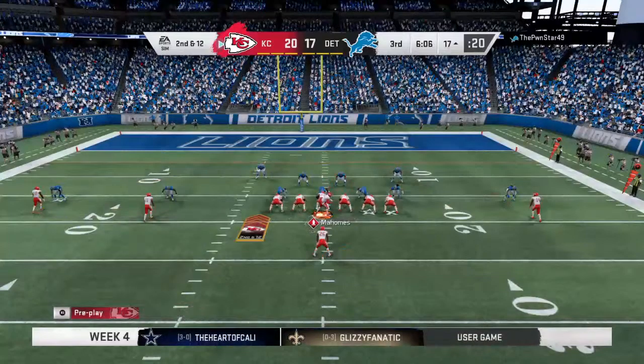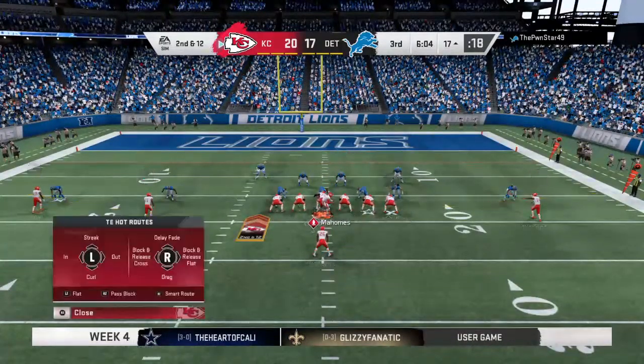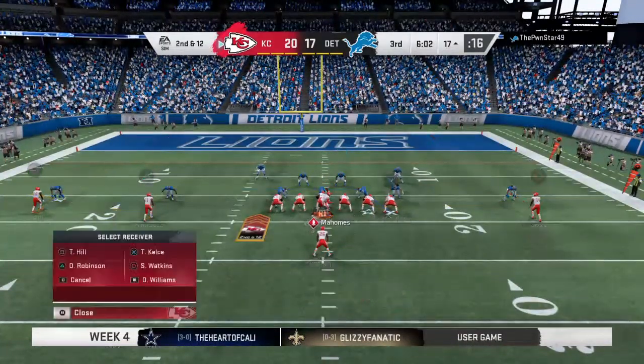Check 26. Go. Attack. You got six. You got that